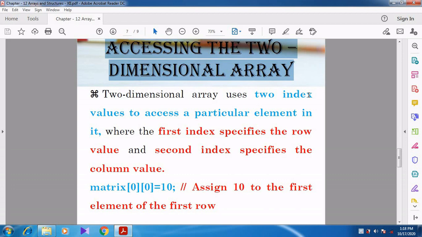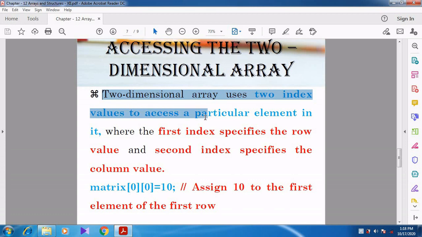Right? See here, in a two-dimensional array also, we can use the index value. Index value means subscript value, to access a particular element in it. So the two-dimensional array uses two index values. One-dimensional array means we can use only one index, one subscript, for example a of 0, a of 1, a of 2, like that.